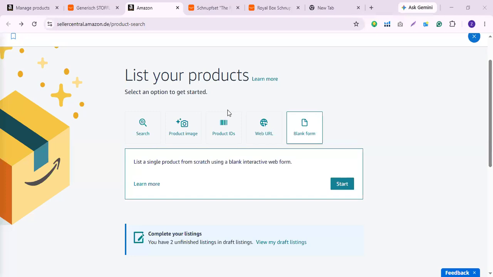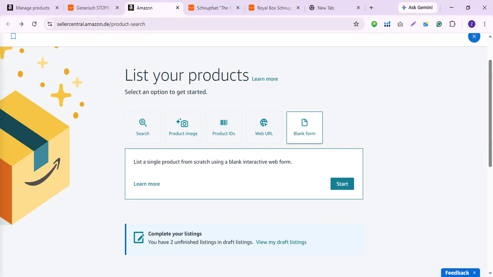How you can apply for Amazon GTIN exemptions if you do not have an Amazon UPC code and you do not want to buy one. You can apply for Amazon GTIN exemptions in which you do not have to use UPC. I will go through Amazon Seller Central step by step, and I will show you how you can apply for it. Before that, you need to have your product images with the brand name available on them,